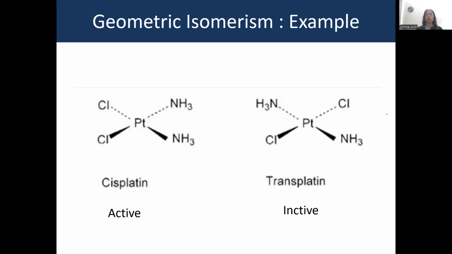So let us go to the next example. This is cisplatin, a famous anti-cancer drug. This is cis arrangement where both the Cls are on the same side. This is the trans arrangement where the two Cls are not adjacent to each other. The cisplatin is an active compound because through this chlorine and this chlorine, which is replaced by H2O, you will learn this subsequently, it binds to the DNA. Whereas transplatin cannot bind to the DNA in a similar manner, and therefore transplatin is inactive.